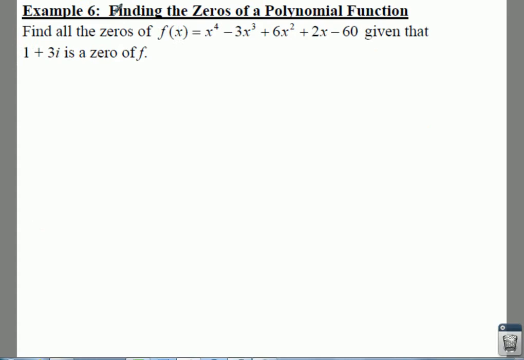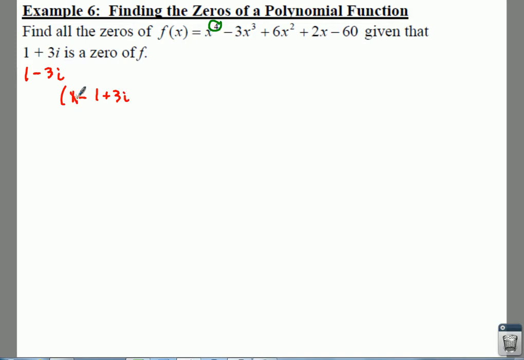So let's move on. Here we have a degree 4 polynomial, and we need to find all of our zeros given that this is 0. Well, if 1 plus 3i is a 0, we also know that 1 minus 3i is going to be a 0. If you have your zeros, then the way you write your factors would be x minus